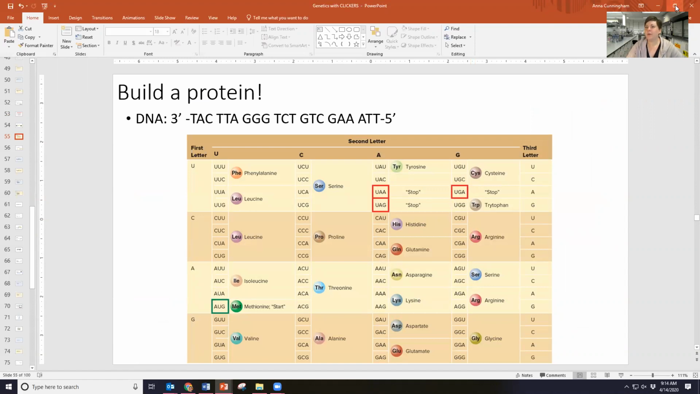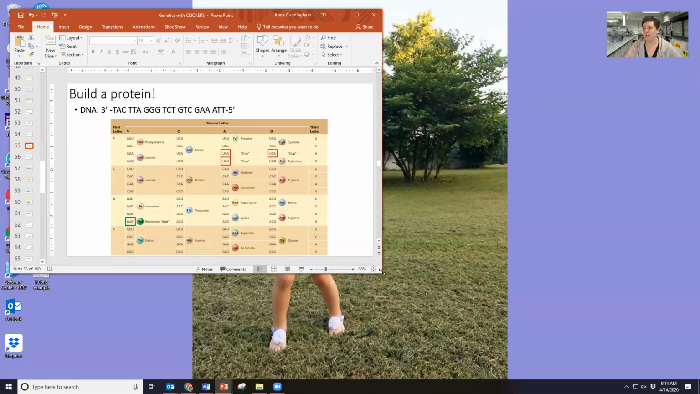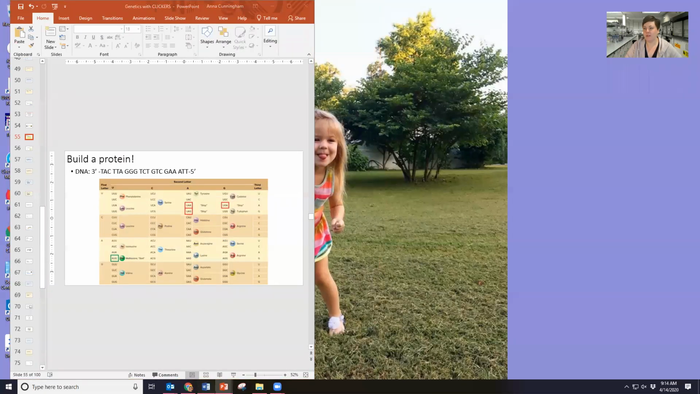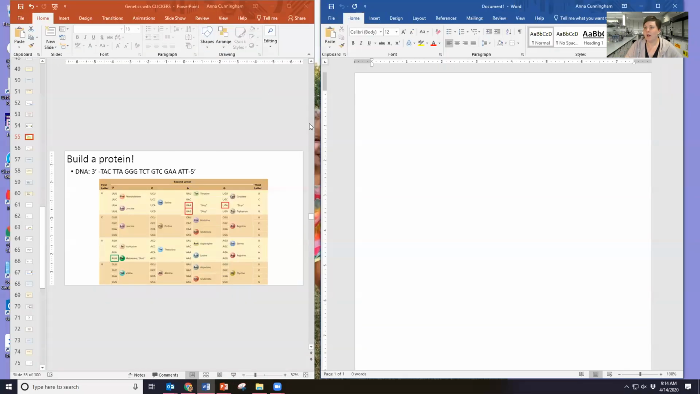Okay, so what I wanted to do, and what I was hoping you would do, hopefully everybody can see this, my Word document, is I wanted,